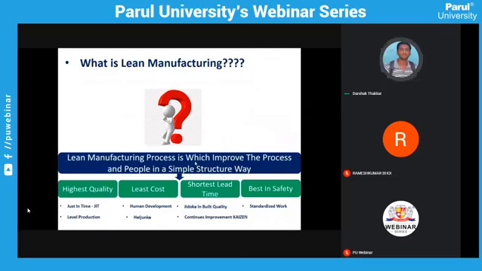So first is, what is lean manufacturing? Lean manufacturing is the process which improves the process and people in a simple, structured way. The main aim of lean manufacturing is highest quality, least cost, shortest lead time, and best safety. Generally, we can say that lean manufacturing is